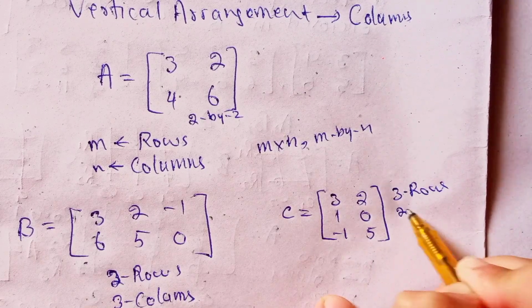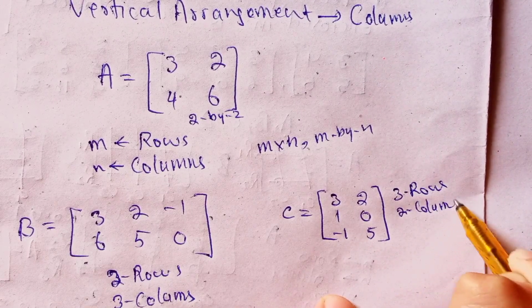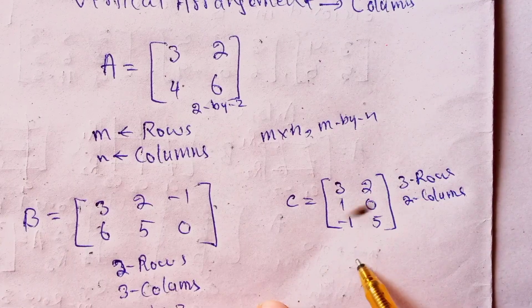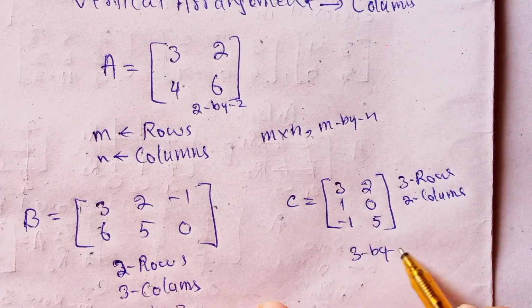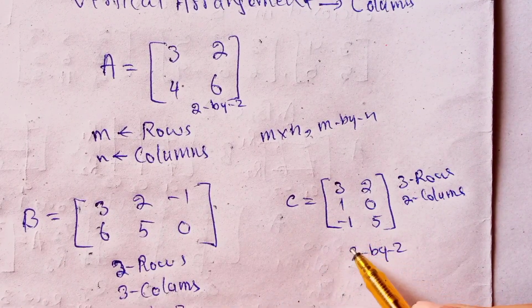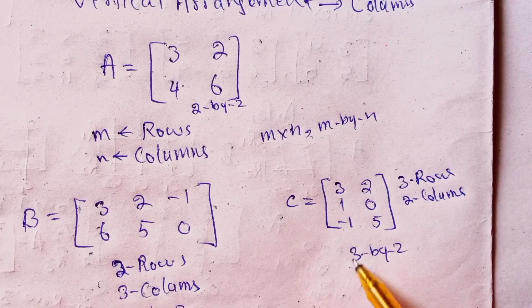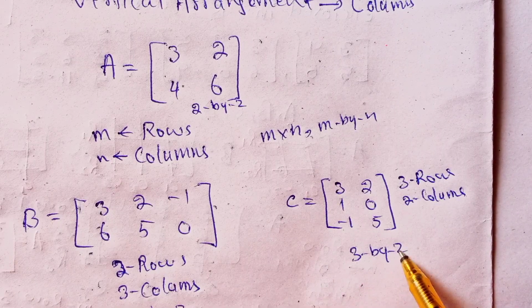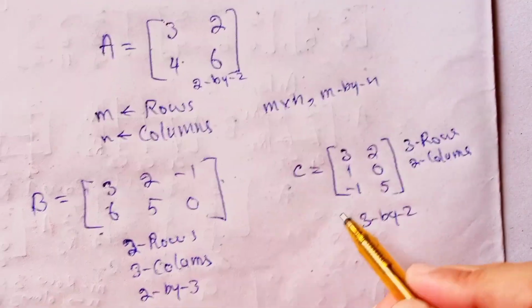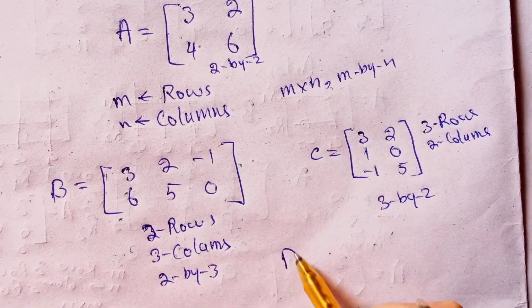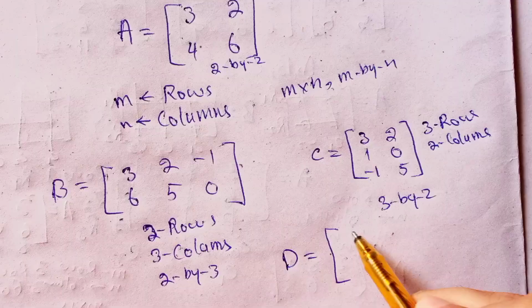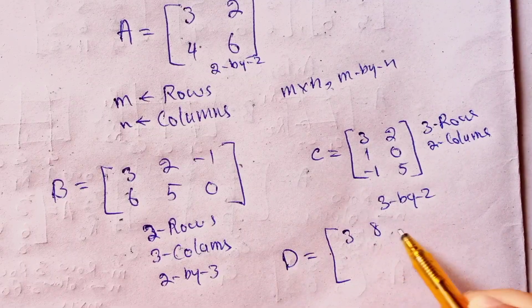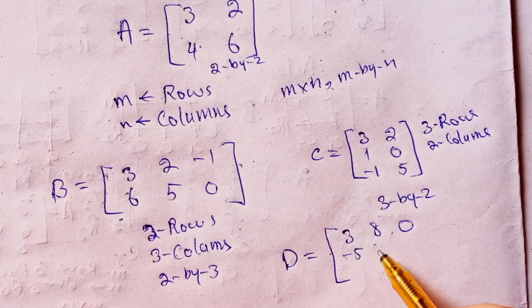So the order of this matrix is 3 by 2. This matrix is of order 3 by 2, or this is a 3 by 2 matrix, because there are 3 rows and 2 columns. Right, let me have another example, D, which contains the elements 3, 8, 0, -5, 6,